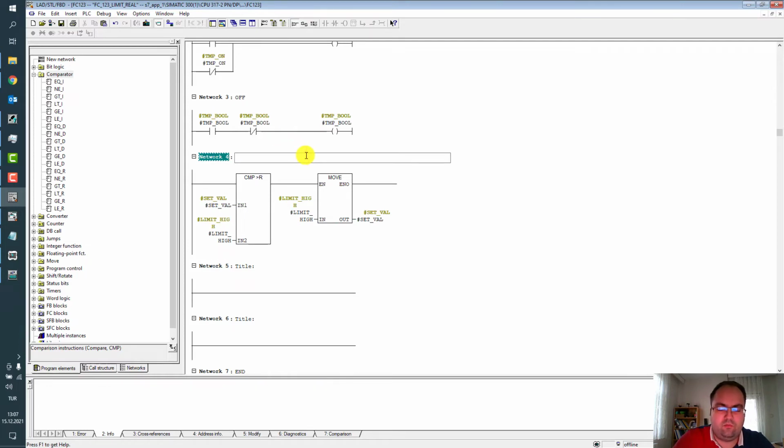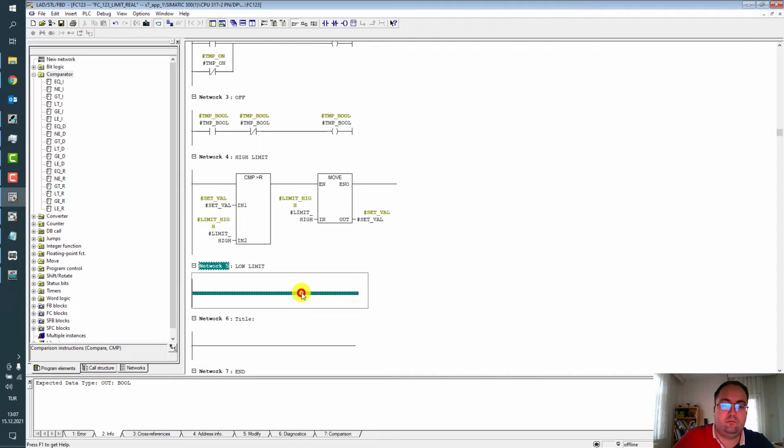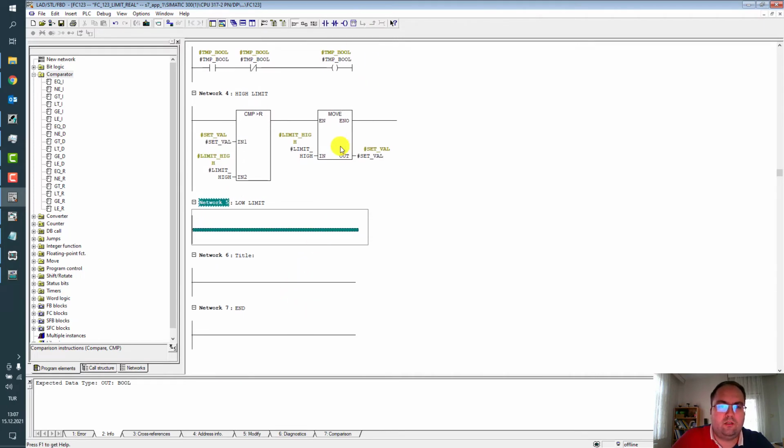And this network for high limit, and next should be for low limit. Overwrites the in-out variable.